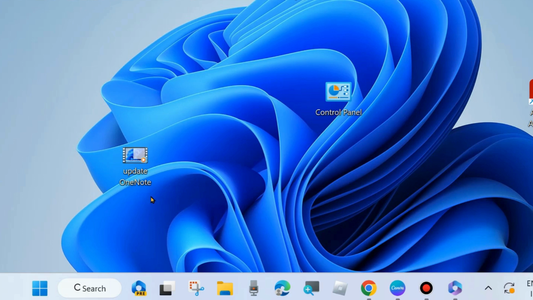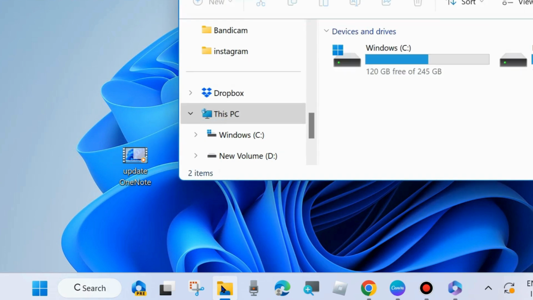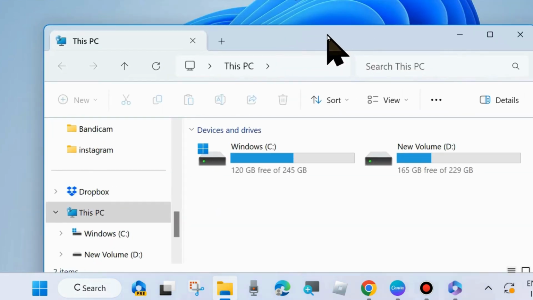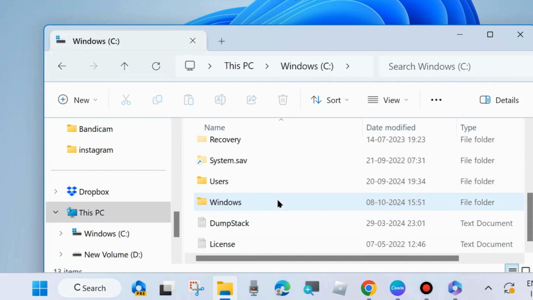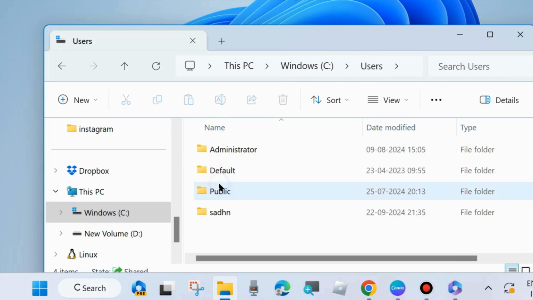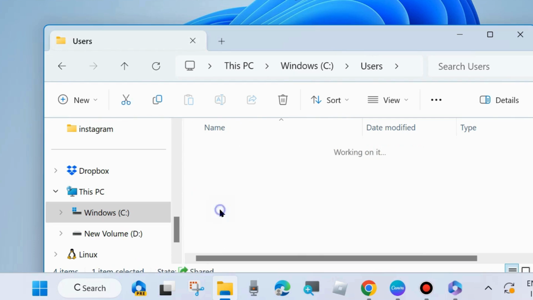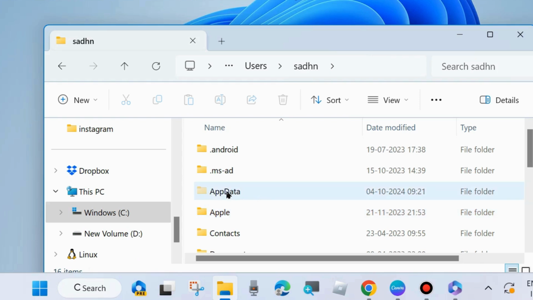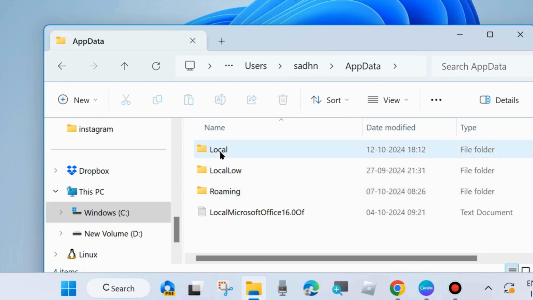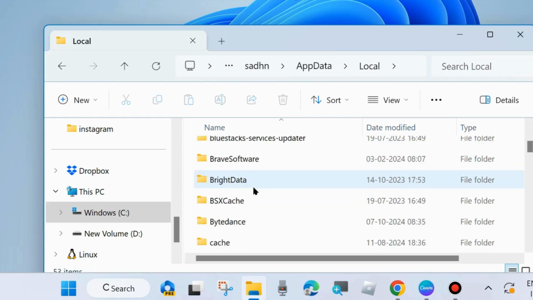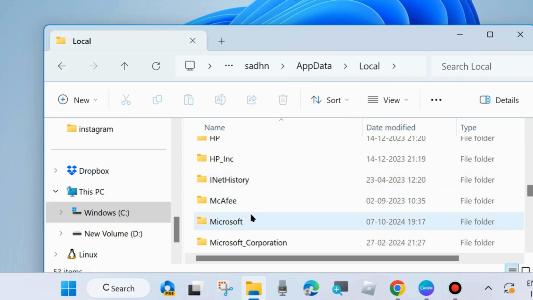And the next workaround is clear Microsoft OneNote caches. Go to File Explorer, go to C drive, here go to users, click on your username, here click on open app data, here open local folder, and here scroll down and you will find the option